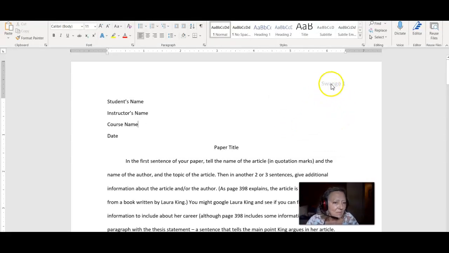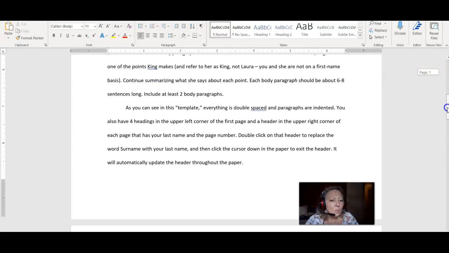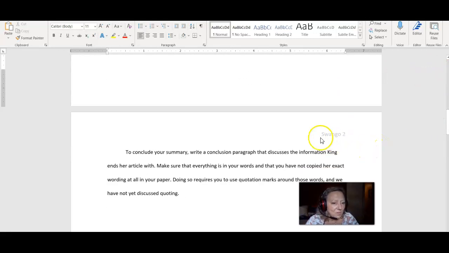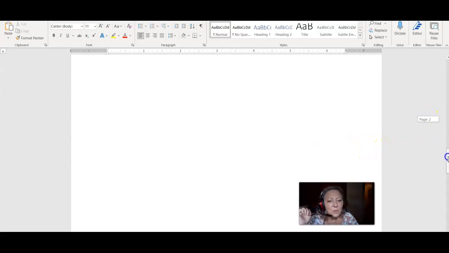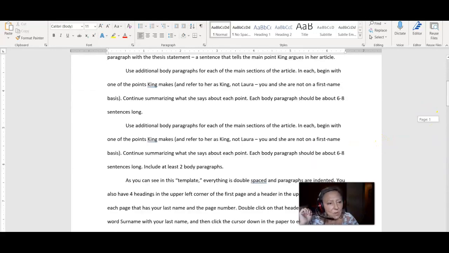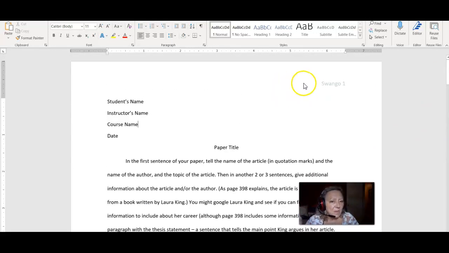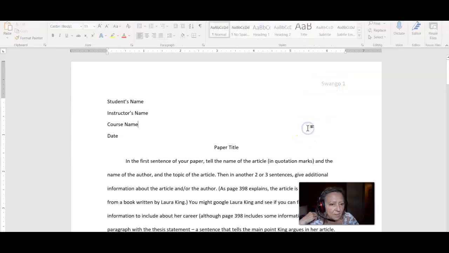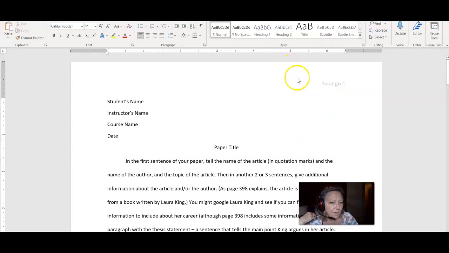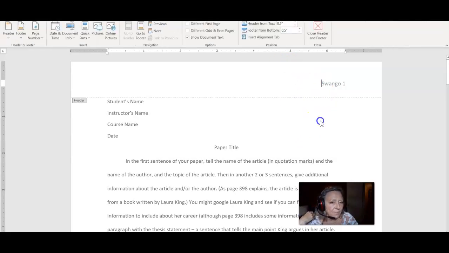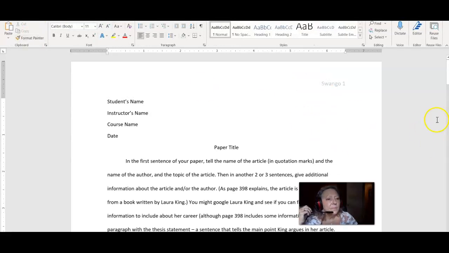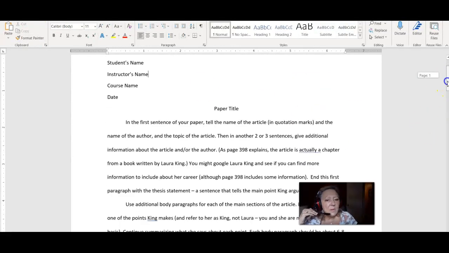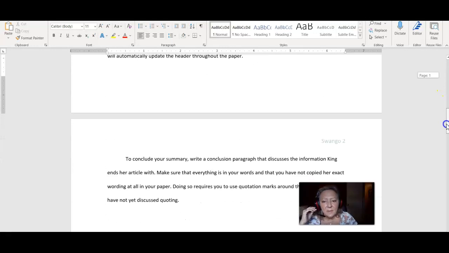And you see how it saved it? And it will save it for each page. So you see how it's replaced it on page 2 and then down here on page 3. And that's all you need to do to that. You just double click in it to get your cursor up in that header and then double click to get out of it. All right? Very simple. Very simple. You also need a Works Cited page,